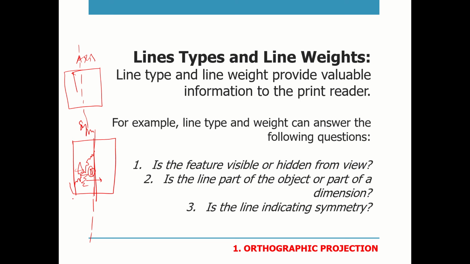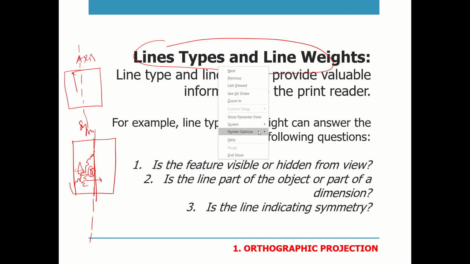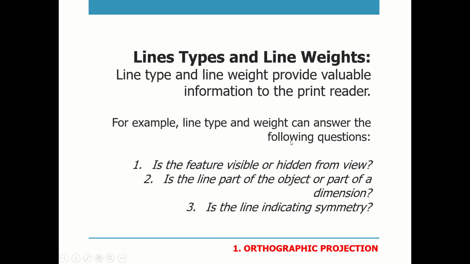So here again we can use a line, indicating different types of line indicating the difference. What the underlying thing is, there are different meanings for line types and line weights. Let me give an example so that you can remember it for a long time.